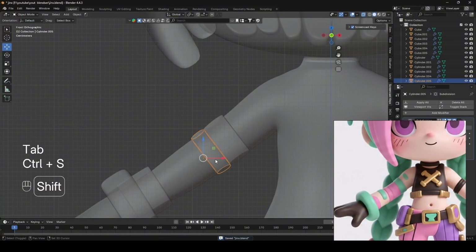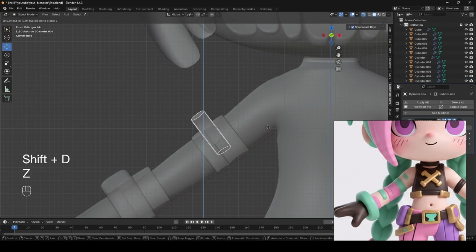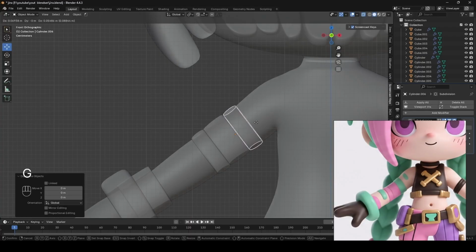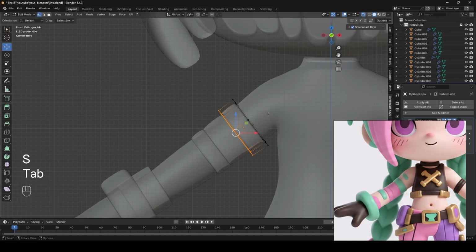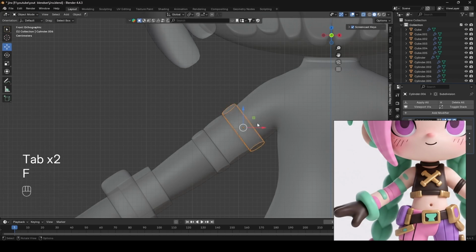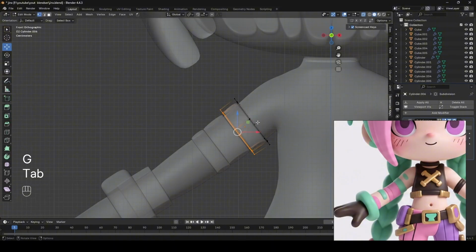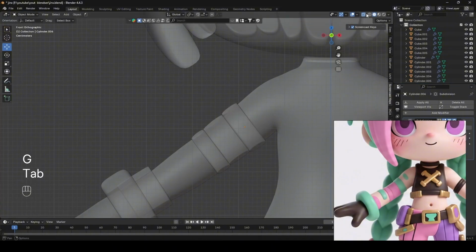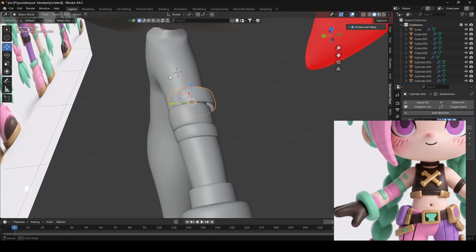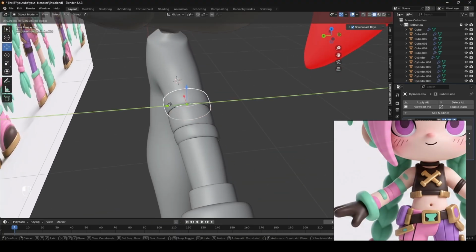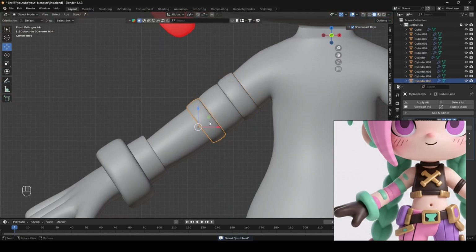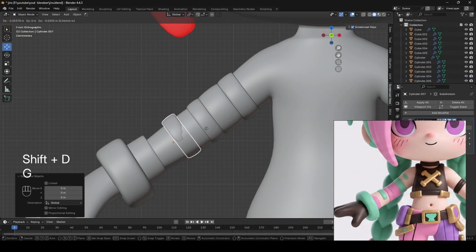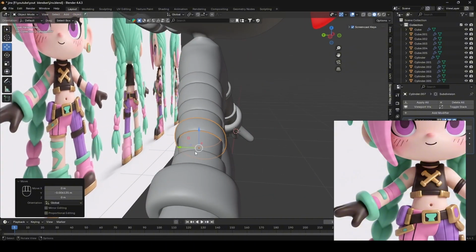Okay, so there is a green one as well. Shift D, put the center in the middle and make the green one a little bit broader than the pink and move it to the back. Scale it down. Okay, so there is a green patch as well, so we will move it forward, downwards, a little bit forward,